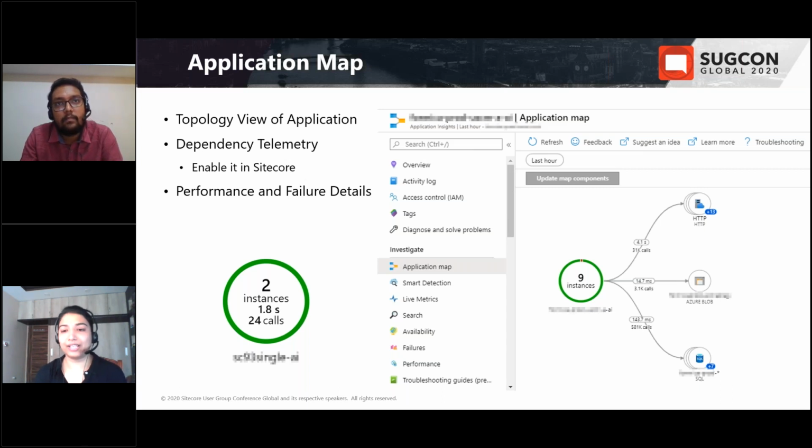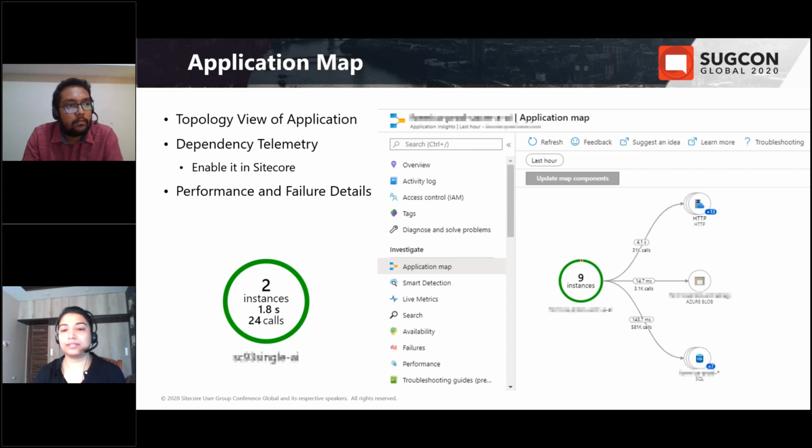Sitecore does not collect dependency telemetry events by default. In Sitecore, the dependency telemetry records are the information about outgoing HTTP and SQL connections from a Sitecore instance. So how can we enable this in Sitecore?